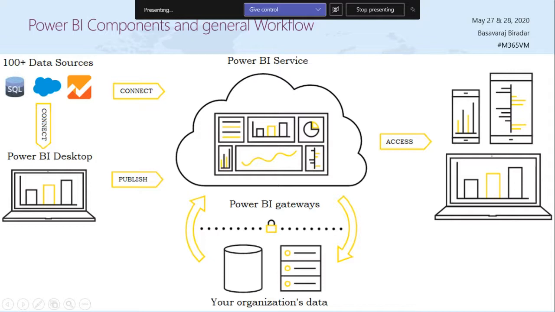In Power BI service, you can do all the things which you can do on Power BI desktop. For example, you can create new reports, or you can view the reports which are published from Power BI desktop to the Power BI service. And you can also share those reports, schedule data refresh, and send regular scheduled emails.